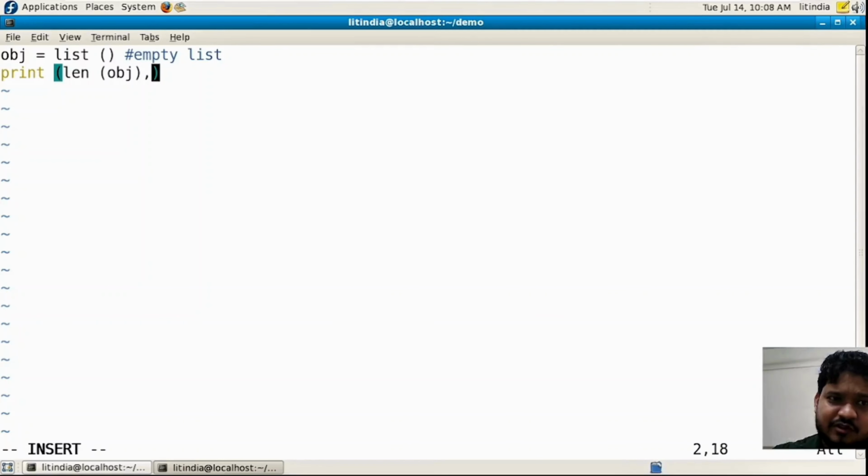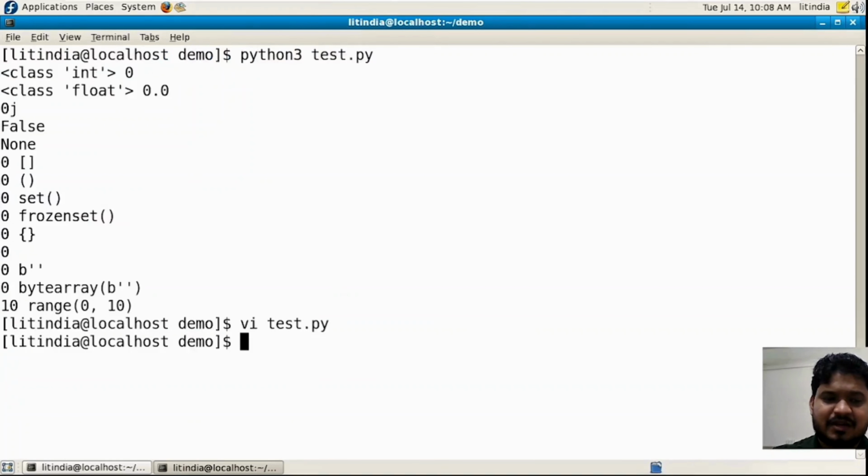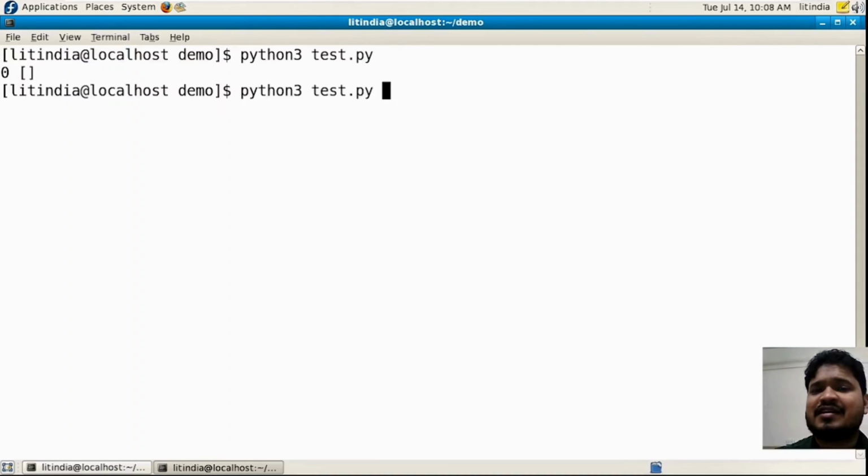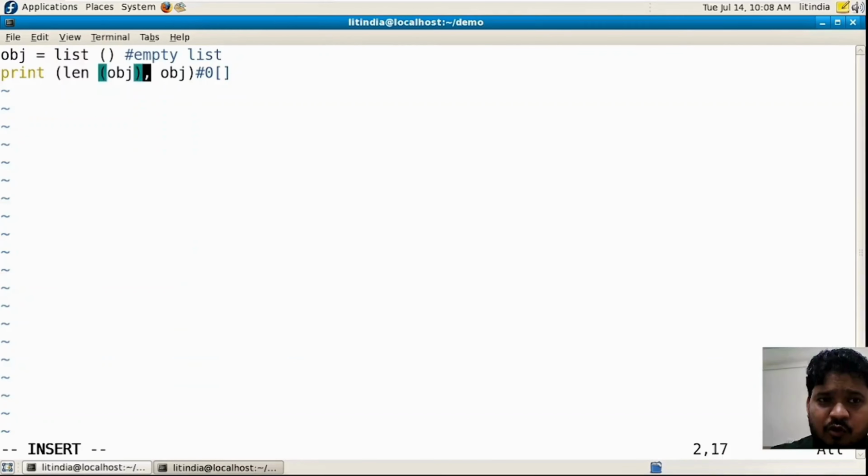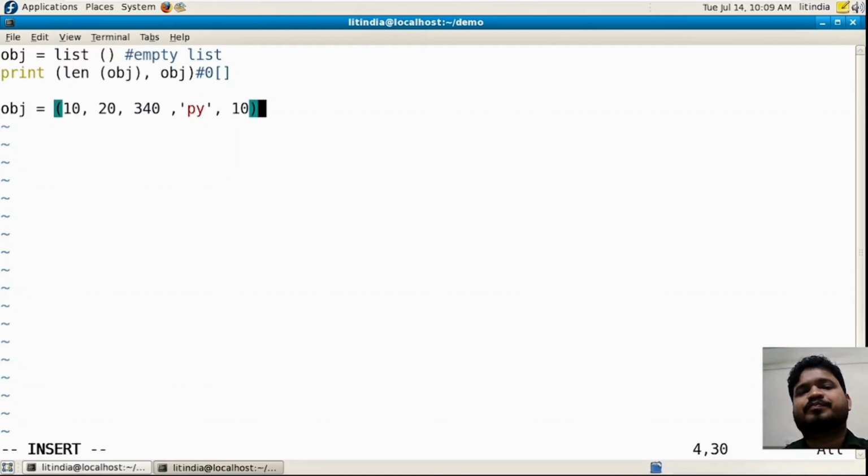The length of the object will be returned, that will be empty, meaning 0, and what is the value of the object? It is empty, so it returns the empty list, with the square brackets. If you check, yes sir, that is available. But we know anything represented by parentheses is called a tuple. Suppose I write 10, 20, 30, 40, pi, and again 10. So if I check here, print